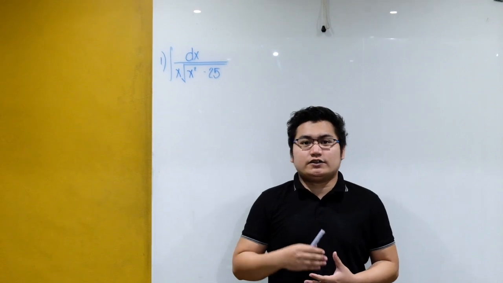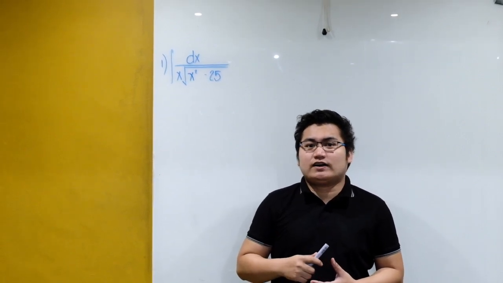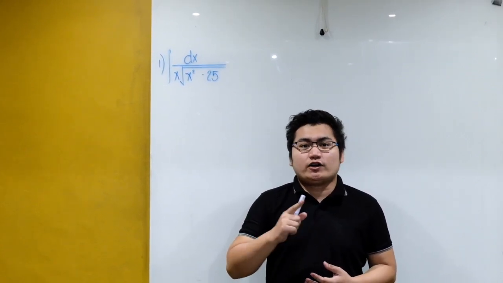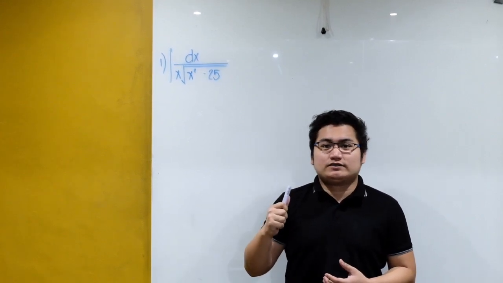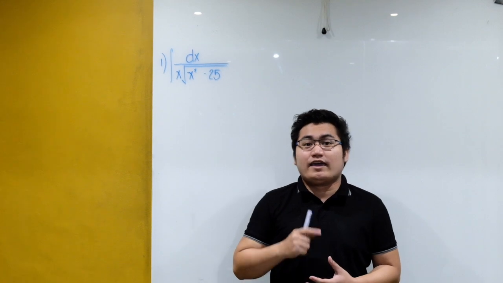Discussion on integration of inverse trigonometric function involving secant. For our first example, solve for the integral of dx over x times the square root of quantity x squared